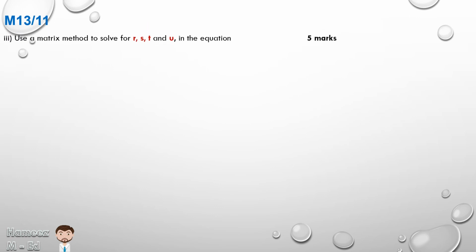May 2013, number 11. Use a matrix method to solve for R, S, T, and U, four unknowns in the following equation. 2143 by RSTU is equal to 214 minus 1. Now, understand that this is like solving simultaneous equations, so we're going to follow the same